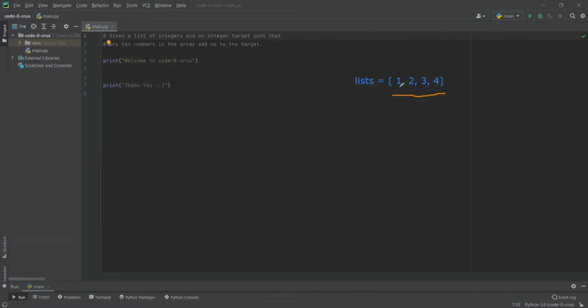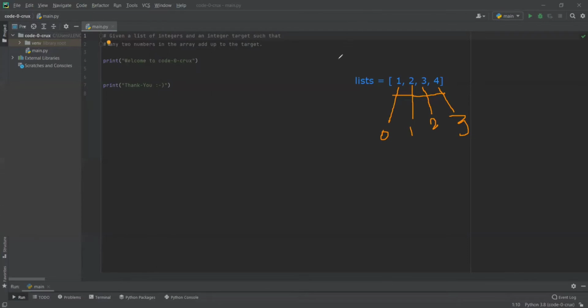What I want you to know here is that indexing starts from zero. Like this element one is the zeroth element of the list. Most of you might know that in computers, counting mostly starts from zero. Even in arrays in other languages, the counting starts from zero. So this is zero, this is one. Now why do we care so much about the counting? The reason is that we have to access these elements in the future. It's a pretty simple concept. I just want you to know this is the zeroth, this is the first, second, third, and this is a data structure which just stores these numbers. Okay, so now we will take a look at the puzzle.